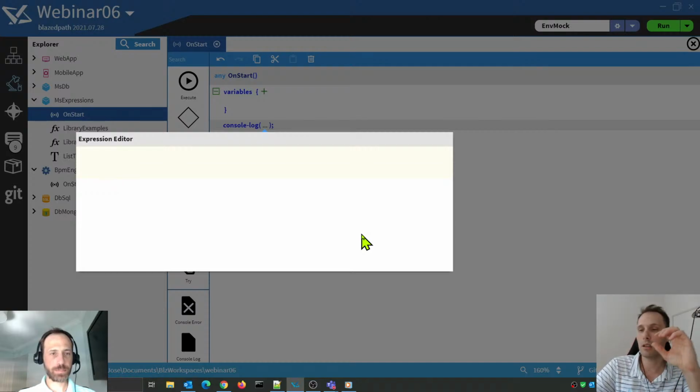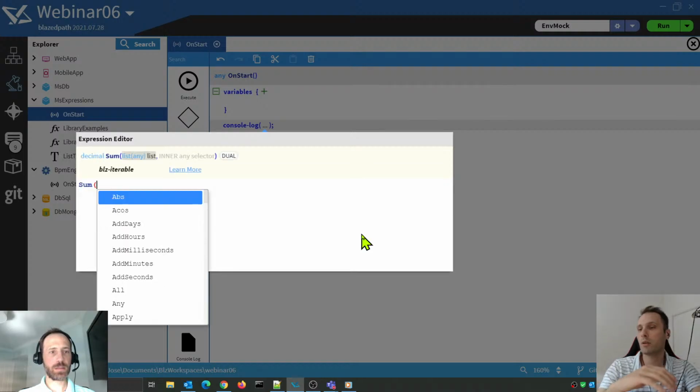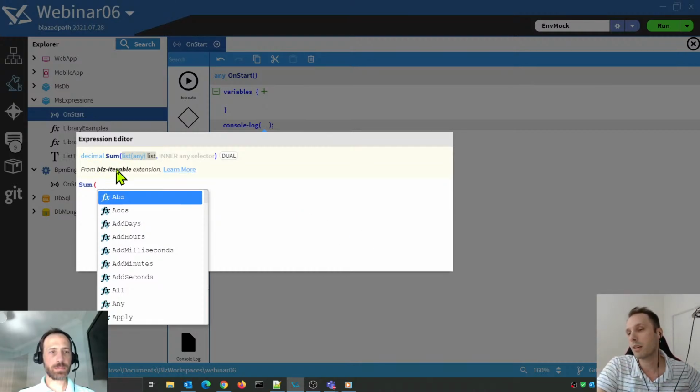So basically the yellow section is for when you are calling a function. You're going to see the metadata of that function, just so you know what the function expects. Let's go over a quick example. Let's just use, I don't know, the sum. If you click on sum and open the parentheses, you see on the yellow section that this function is from the Blaze iterable